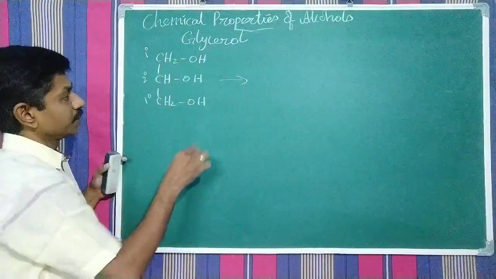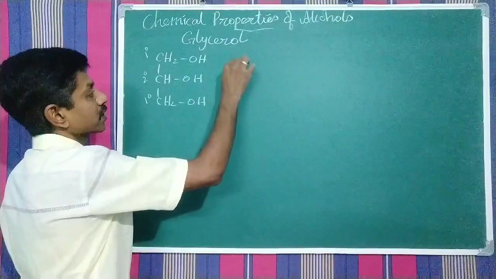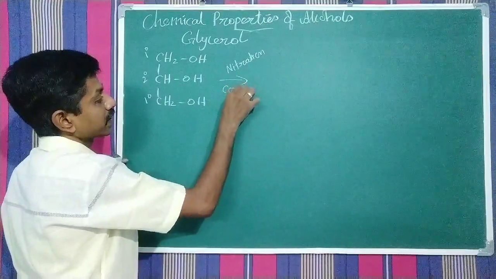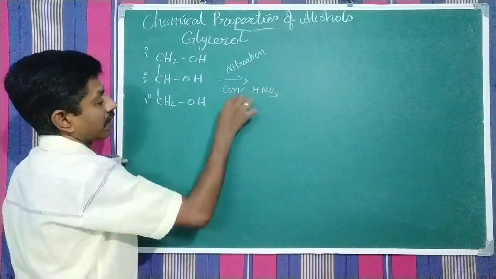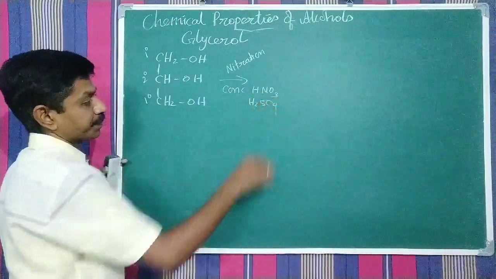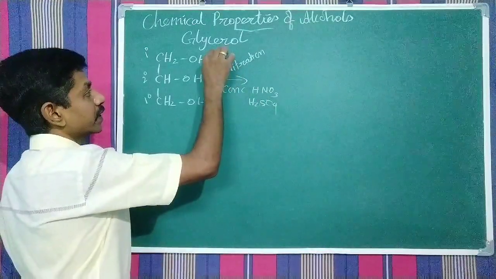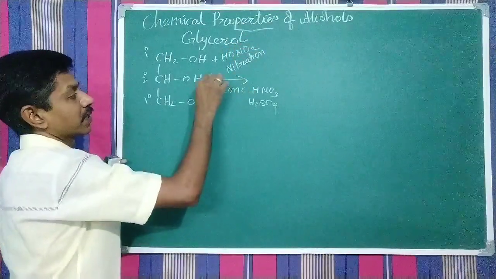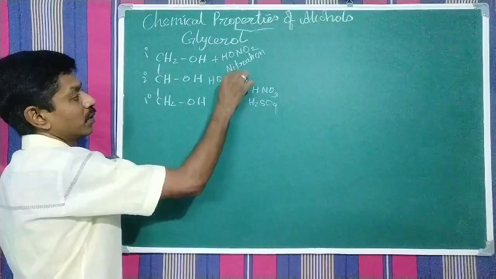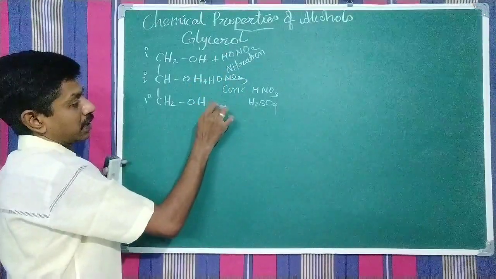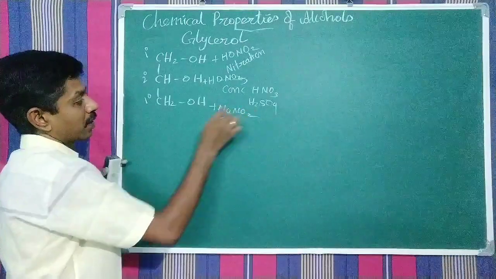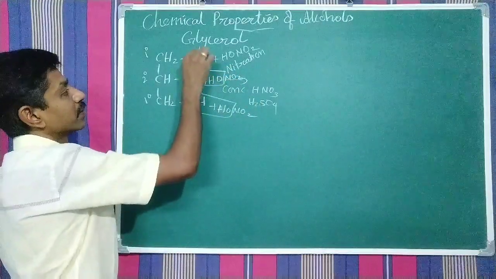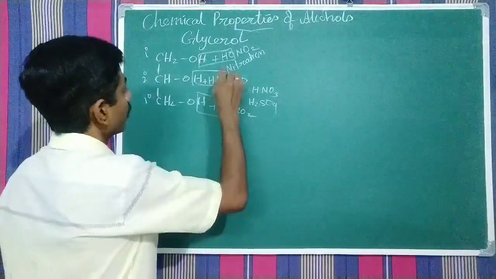For example, glycerol, when it goes for a nitration process, which we learned just now, on treatment with concentrated nitric acid and concentrated sulfuric acid, it will generate NO2 plus ion. Let us see how it reacts. I am writing the nitric acid formula this way: HONO2 in all the 3 places. So the loss of water is taken away by sulfuric acid, and at the end you will get formation of